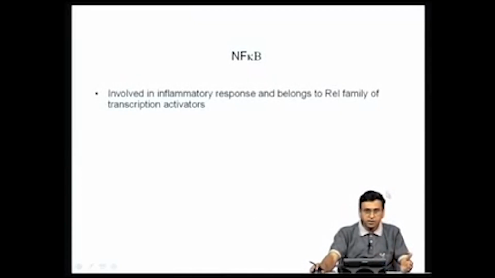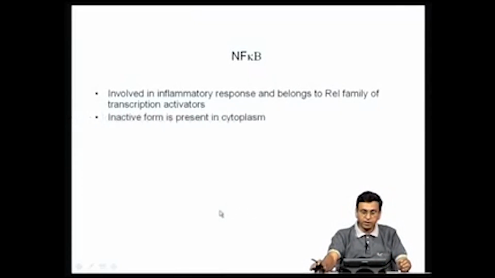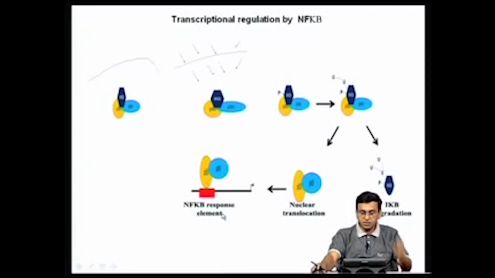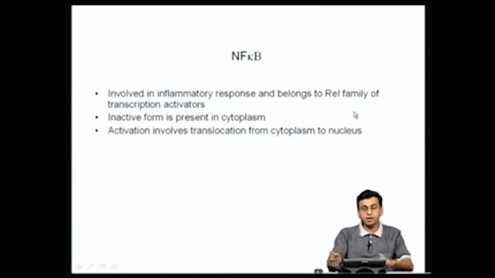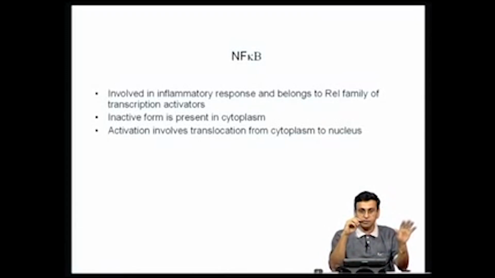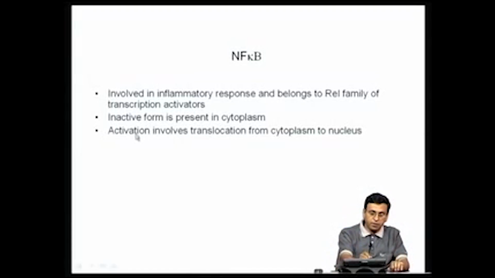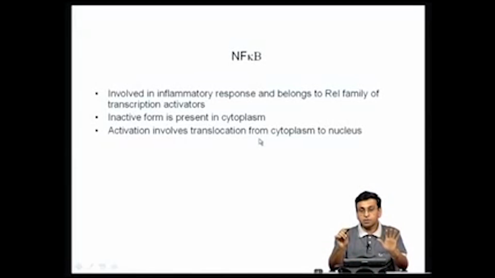There is another very interesting example and a very important transcription factor called nuclear factor kappa B, which is a very important transcription factor involved in inflammatory response, and it belongs to a super family of transcription factors called the REL family of transcription factors. Again, I will not go into details at this point. We will discuss each one of these examples in greater detail at a later stage during this particular course. Now again, just as we have seen in the case of the glucocorticoid receptor, this NF kappa B is actually present in inactive form in the cytoplasm. The NF kappa B is normally present in inactive form in the cytoplasm of cells, but in response to certain